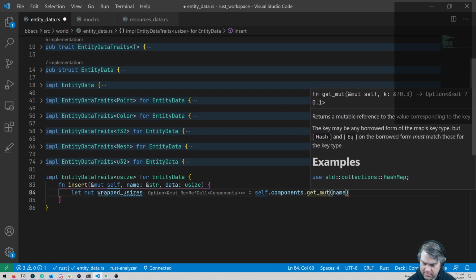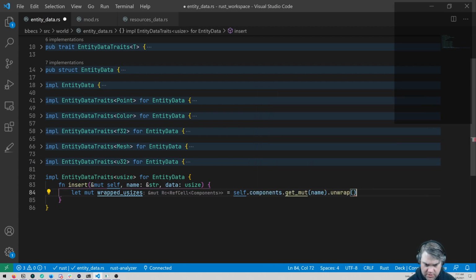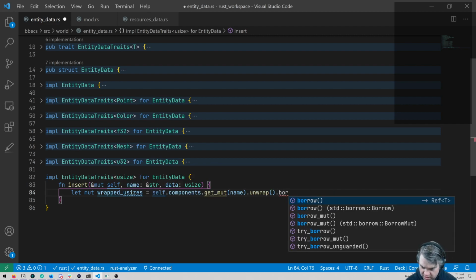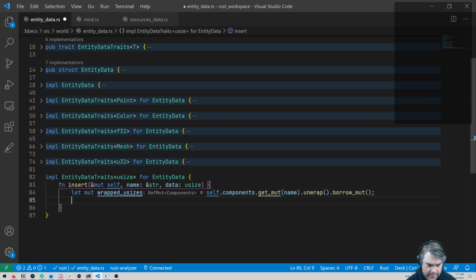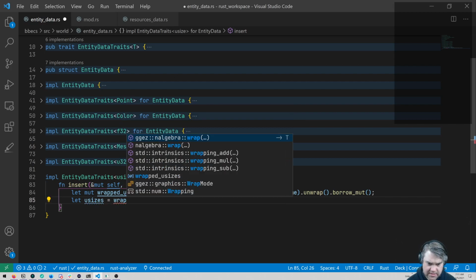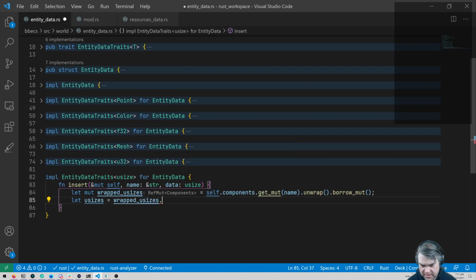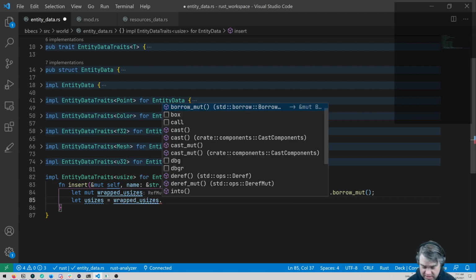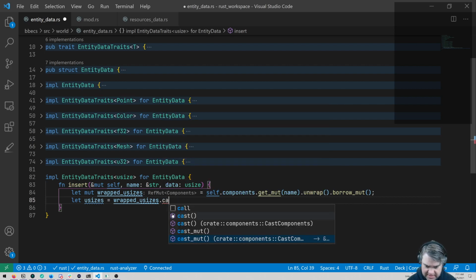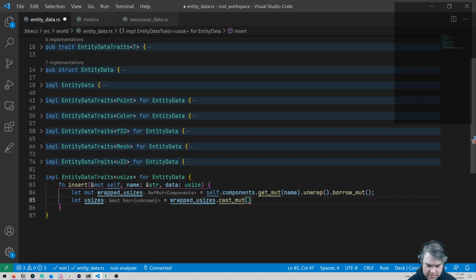The name, I'm going to unwrap it, so that gives us this mutable reference, and we're going to borrow mut. Let usizes equal the wrapped usizes dot, so we borrowed it, then we want to cast mut, and we need to say what it is, I believe.